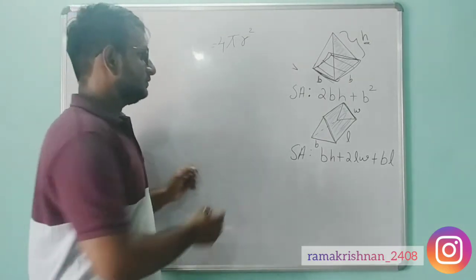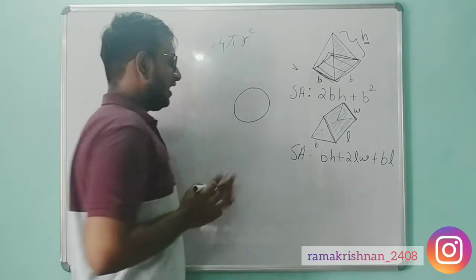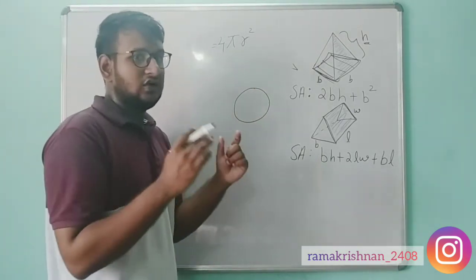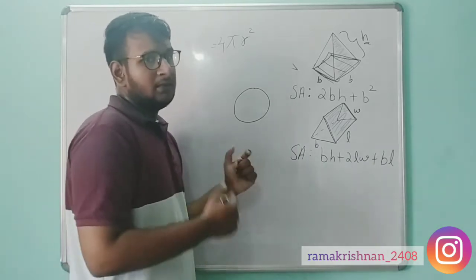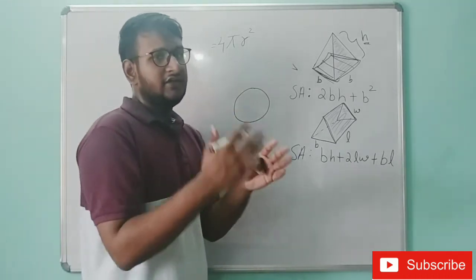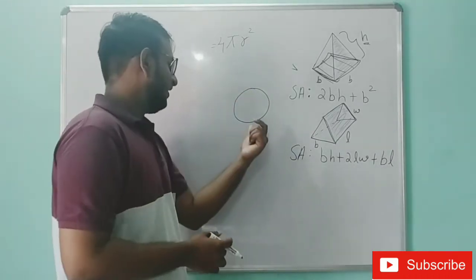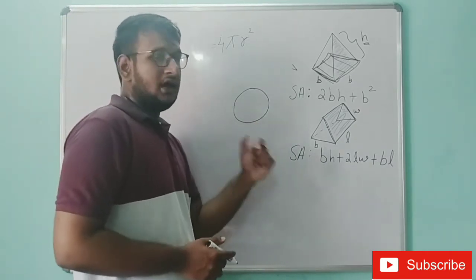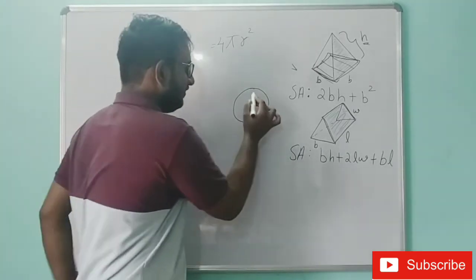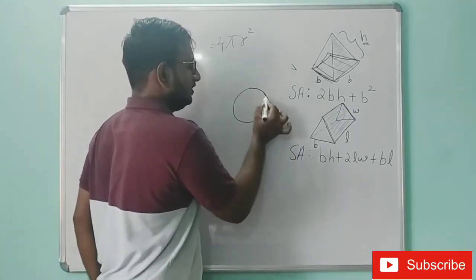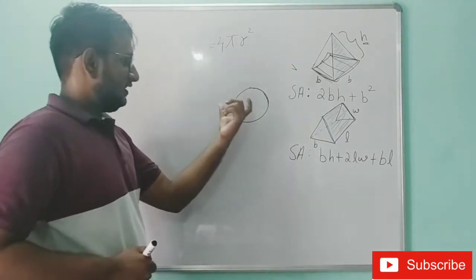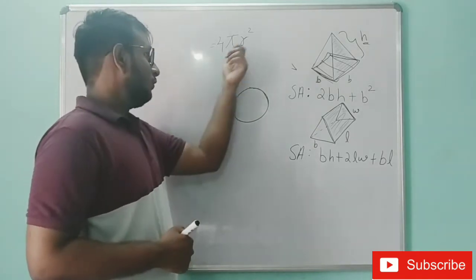Why? It is because a sphere is a 3-dimensional figure, and we can't turn this 3-dimensional figure into any other figure like a rectangle or triangle, so that we could derive the formula from a known area formula. If we could turn this into a rectangle, we could use the area formula of a rectangle to find the area of this portion. But in the case of a sphere, we can't, because it is 3-dimensional and has a curved portion over here, which is hard to derive.